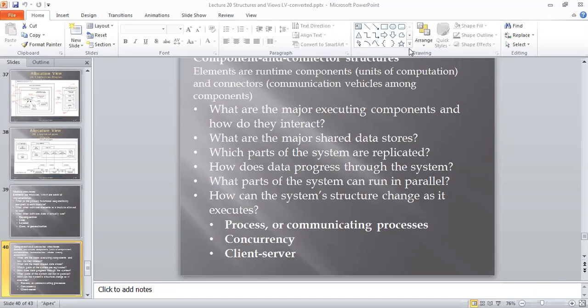While considering allocation structure, it focuses on some prerequisites. First, on what processor each software element executes or not. While considering the process among components and connectors, it focuses on whether the elements are working or not, whether it executes or not.